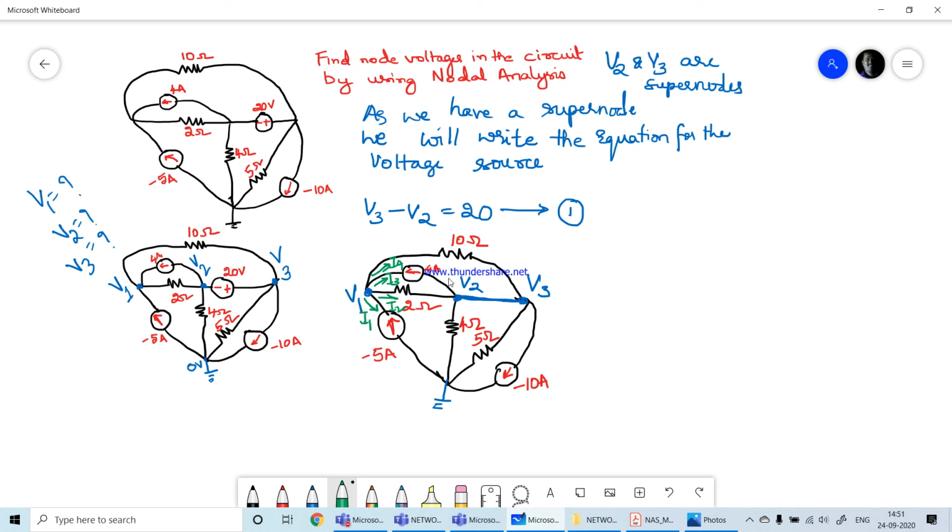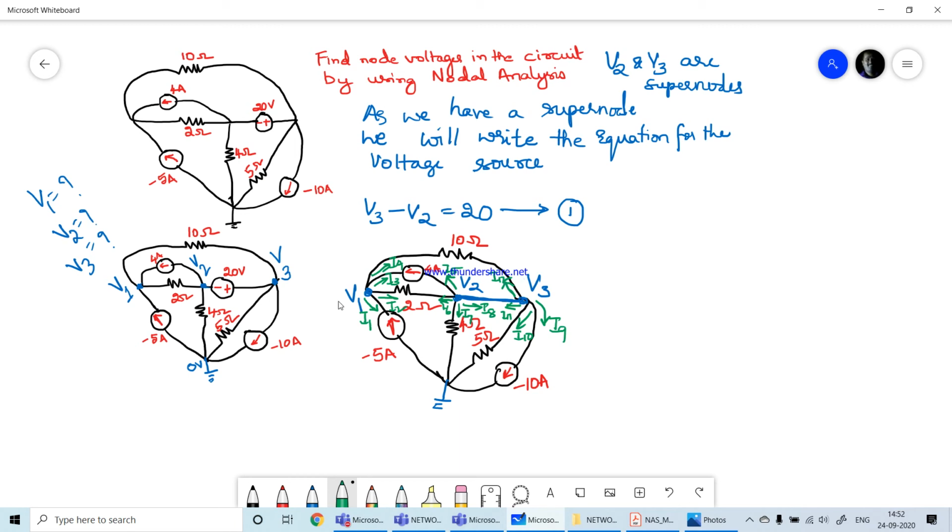Similarly, in V2, we have this branch, we have this, and we have this. And here also we have, we'll see, it gets cancelled. So I'll mark this as I5, I6, I7, and I8. Similarly, V3, this branch, this, and this. So I'll say I9, I10, I11, I12.